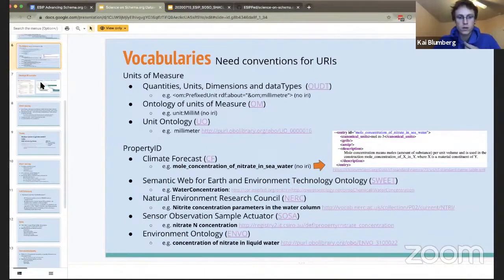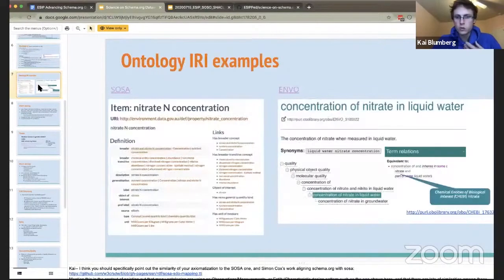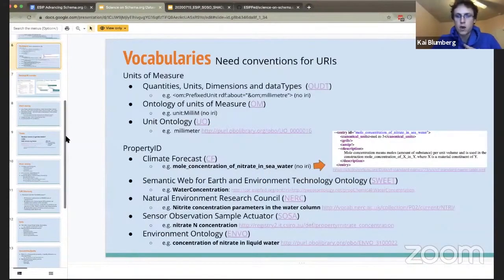Within these, they will include at the very bare minimum, or sometimes not, something that can be dereferenced via an IRI. I'm just giving a brief example here. With CF, sorry, if you can go back real quick. With CF, you can see here in the box next to the arrow that there's a little bit of information being described within the entity. But since there's no IRI, it would be difficult to ingest this quite the same way.